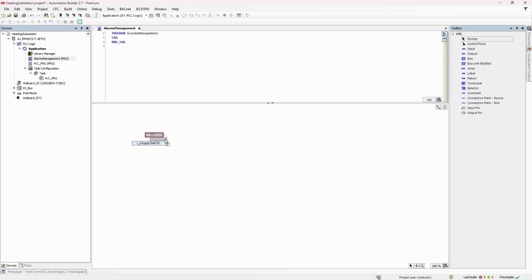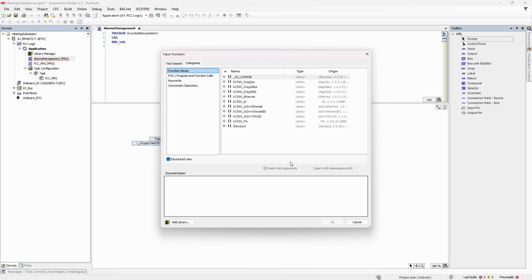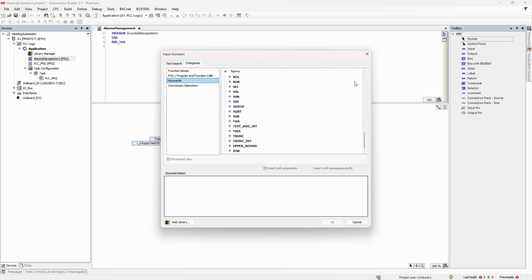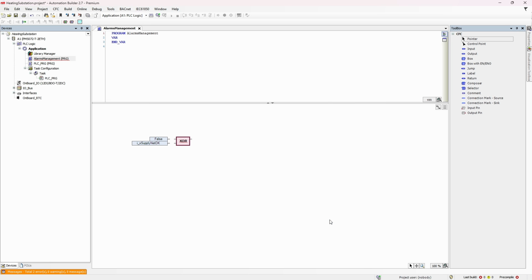In general, with a big project, you would want to have such functionality for every discrete signal coming to or from PLC. But we're learning here, and let's do it only for supply network control relay and VSD fault relay. So we need to keep input signal if it's normally open and inverted if it's normally closed. Let's add additional input, which will serve NO/NC indication purpose, and type boolean value false, which will stand for NO. And then we need to use this box to add the operator exclusive OR, which will give us needed behavior. Go to keywords and then find XOR operator and hit enter.